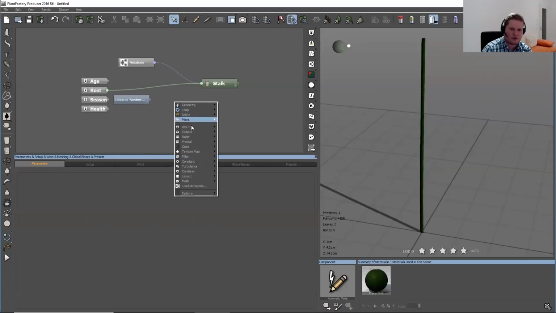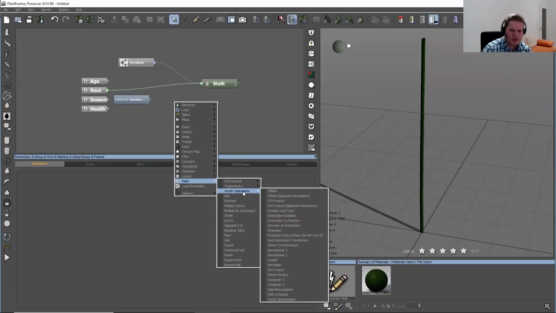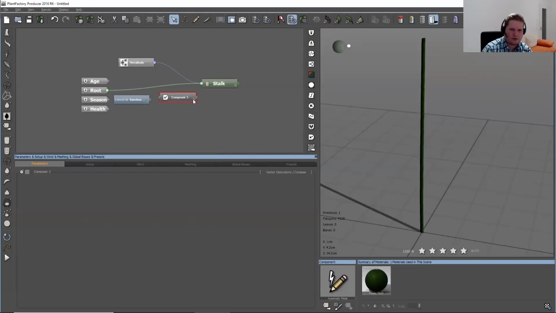For this, I'll do another right click and go to the math group, vector operations, and add a composer 3 node. So what a composer 3 basically does is that it takes 3 numbers, one for each axis, and creates a vector from these coordinates. So x, y, and z. And now we have a random vector,